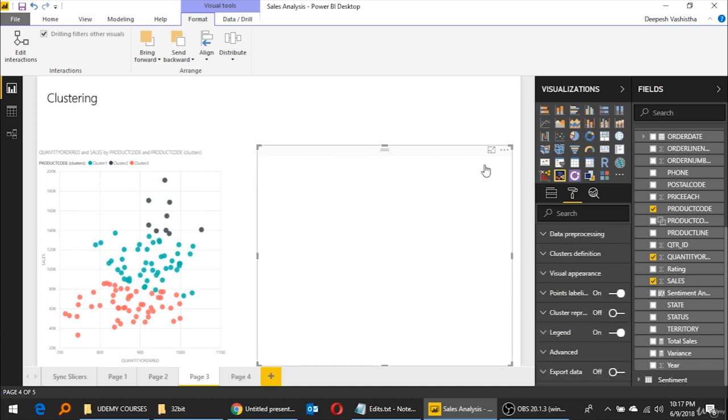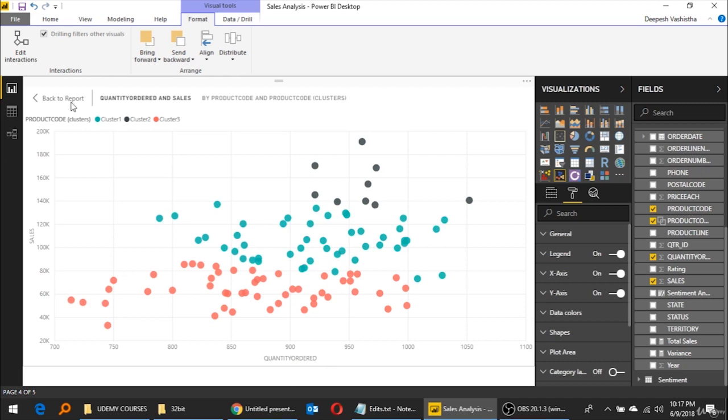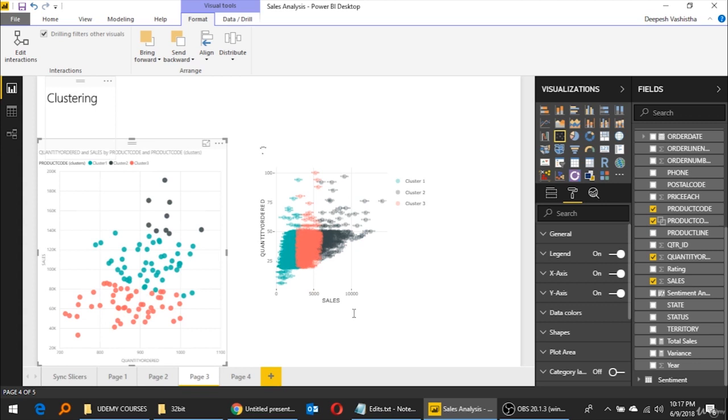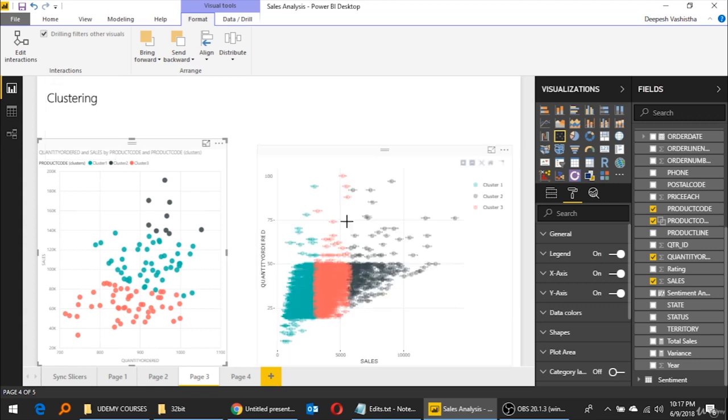As I've told you, this custom visual takes some time to form the clusters, but once done, here it is. This is how it will look. It has clustered the data into 3 equal parts. Both charts have a little difference, not much, because here in the x-axis I have taken quantity ordered and the y-axis is the number of sales, while in our other chart the x-axis is sales and the y-axis is quantity ordered. Because of that, there is some difference in the formation of our visuals,